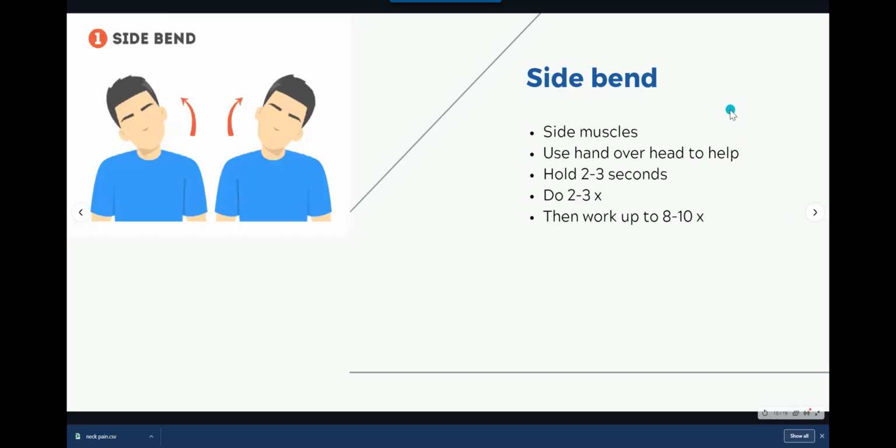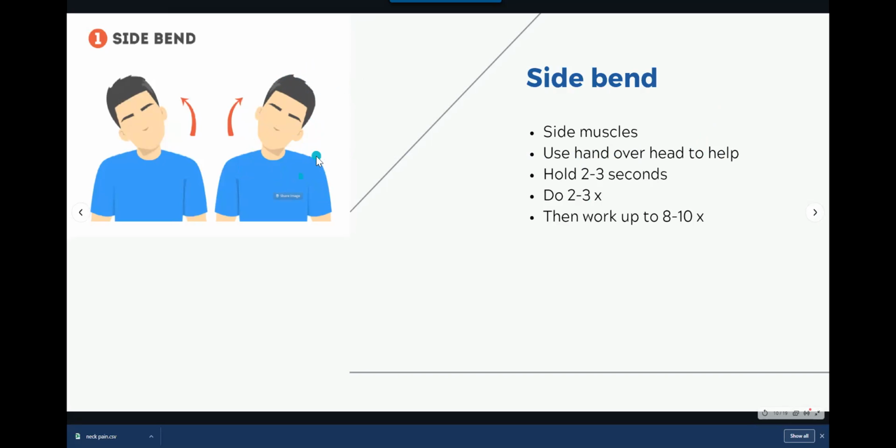Side bending, or what we call lateral bending, is good to stretch the neck muscles. So tipping your head, your ear to the shoulder on the left will stretch the lateral muscles, side muscles in the neck area on the opposite side, including bigger muscle groups like the trapezius muscles. So the trap muscles will get stretched by tipping your head to the opposite side. You could put your hand over your head to help. So lifting your left arm in this case and putting that up over your head and helping with that stretch